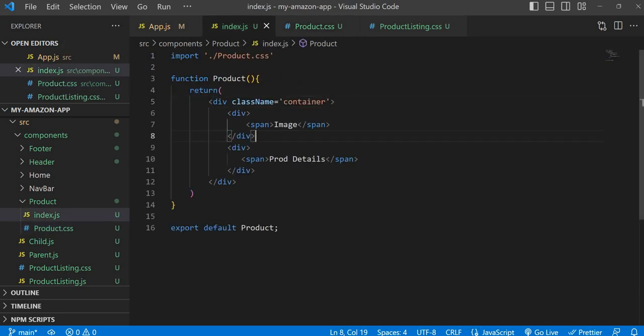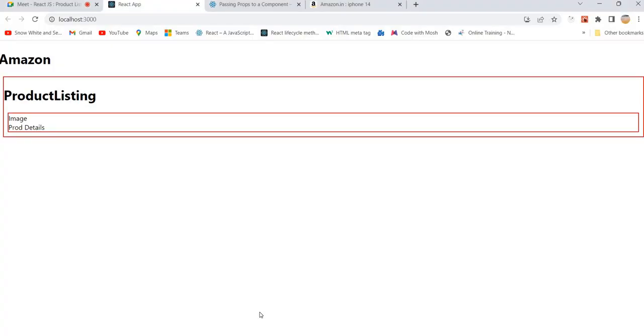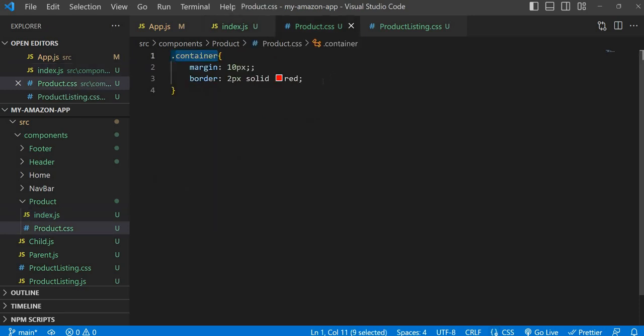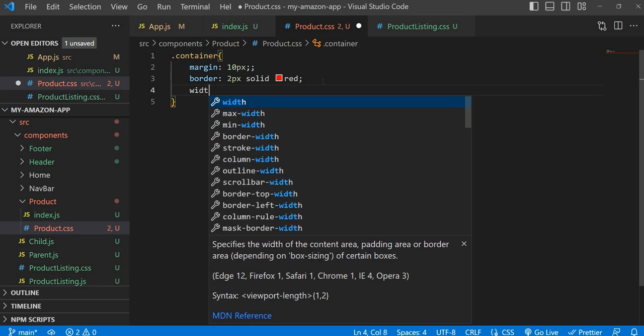Let's see whether it is working properly or not. Okay, it is occupying too much space, right? Image. So it's better to give some width and height for our product, so that we can add more products into the same product listing image. So for product details, go to the product.css, just add some width,